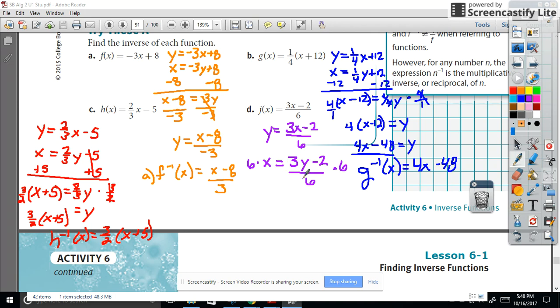So we're going to multiply both sides by 6. So 6x equals 3y minus 2. Add 2 to both sides. Okay, they're not like terms, so we actually can't add them. 6x plus 2